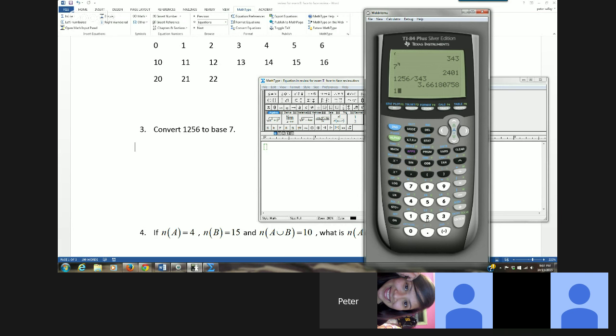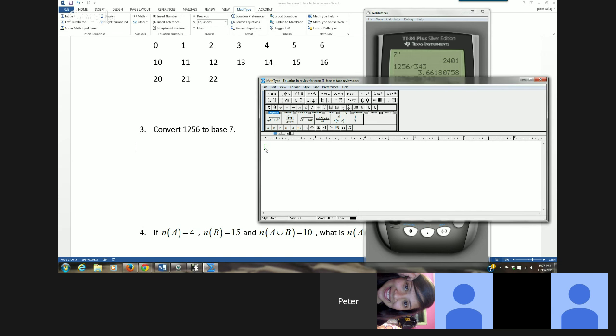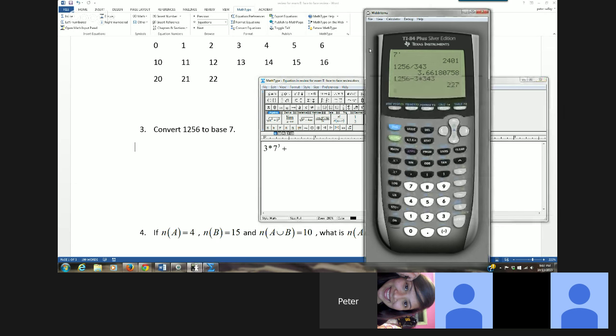So I'm going to figure out what that remainder is by taking 1256 minus 3 times 343, and I get 227. Okay, so what I know so far is it's 3 times 7 to the 3rd power, plus